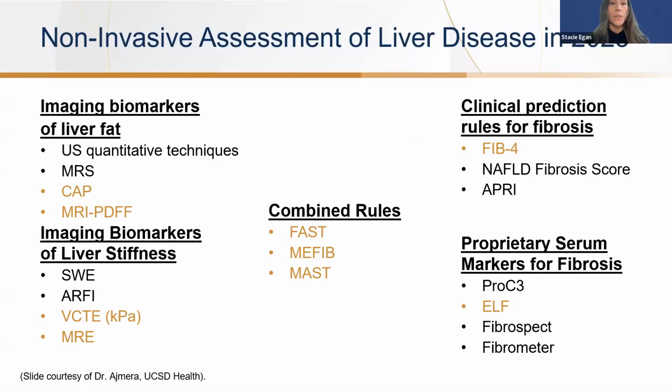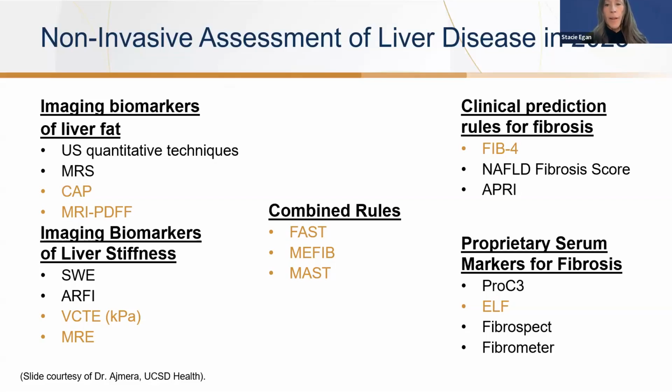We can also do imaging biomarkers looking for liver stiffness. So shear wave elastography, ARFI, VCTE, or FibroScan, where you get the kPa, or you can use MR elastography. Other things that we can use for prediction of fibrosis, we can use a FIB-4 score, a NAFLD fibrosis score, APRI. These are all great tests to use because these are already labs that we're getting. So we can use lab values that we already have to work up patients and risk stratify them for MASH